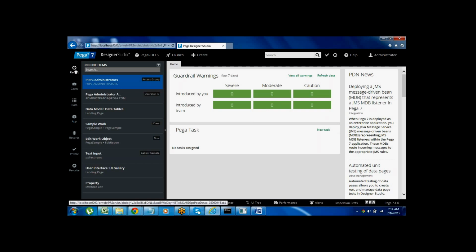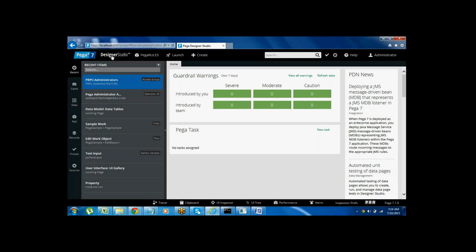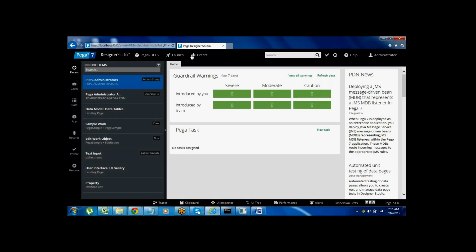Right now Pega 7 contains different explorers. This is what we used to call the Designer Studio. We have different widgets under this: the data model widget, table creation, reporting widget, integration widget. If you want to build an application, from here, this application menu, we can build the application. If you want to launch a different portal, right now you are in the administrator or developer portal, go to the launch option, and if you click on this it will go to the manager portal.